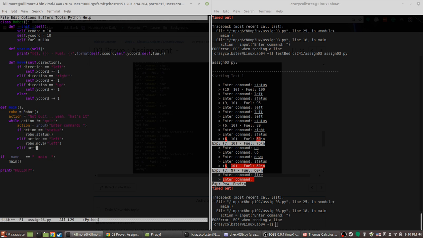Elif action equals right colon, Robo dot move right. Yeah, elif action equals up, Robo dot move parentheses quote up close quote.